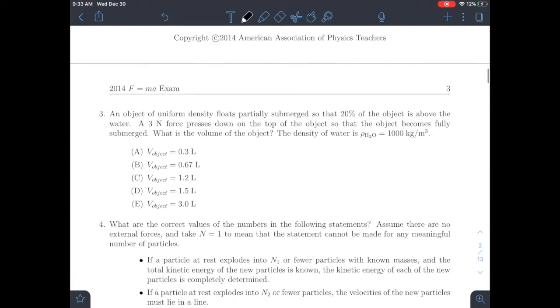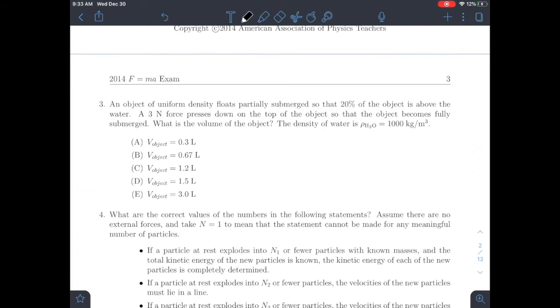So, question number 3. An object of uniform density floats partially submerged so that 20% of the object is above the water. A 3 Newton force pressed down on the top of the object so that the object becomes fully submerged. What is the volume of the object? The density of water is 1000 kg per m cubed. From here we can note that the buoyant force increase is equal to the weight of the water displaced by the object when you press it completely, which requires 3 newtons, which means 3 newtons is equal to 0.2 times V times the density of water